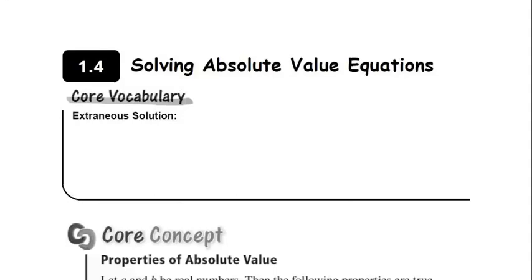Okay, this is chapter 1.4. We're solving absolute value equations. And one vocabulary word that we need to go over is the idea of an extraneous solution. Basically, an extraneous solution is one that appears to be correct, but it needs to be rejected because it doesn't satisfy